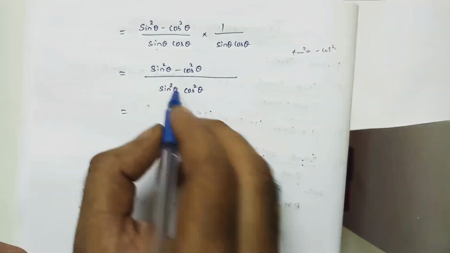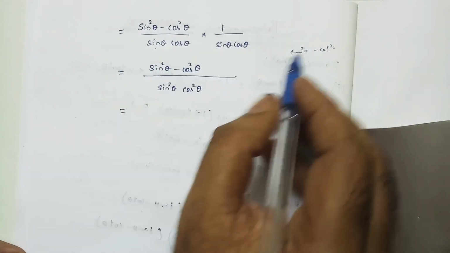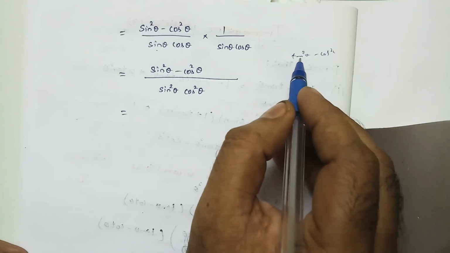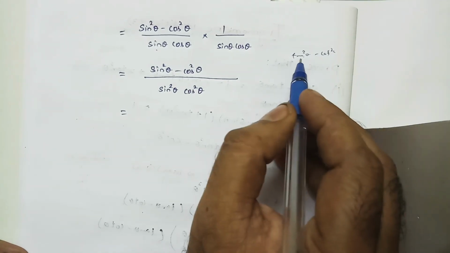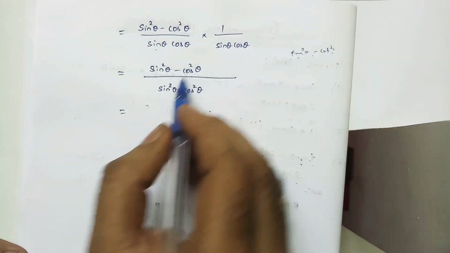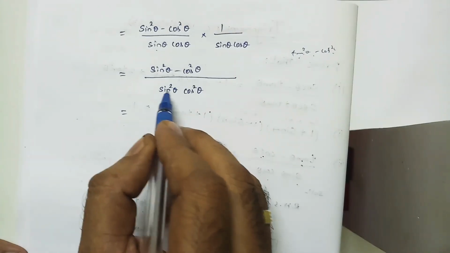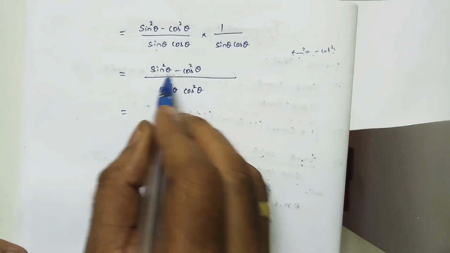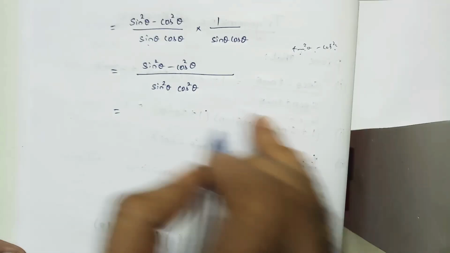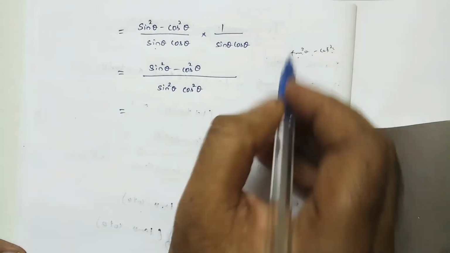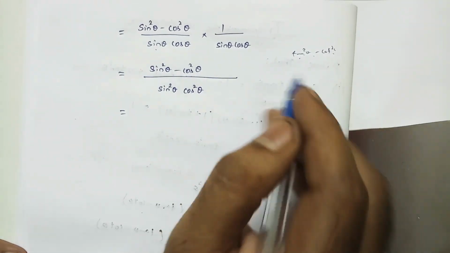See, very simple. In the numerator we have two terms. What we want to bring is the RHS, which is nothing but two terms, tan square theta minus cot square theta. The denominator, sin square theta cos square theta, is common for both the terms, right? So I am going to split it up and simplify to check whether we get the RHS or not.